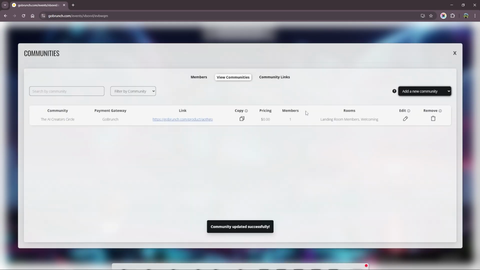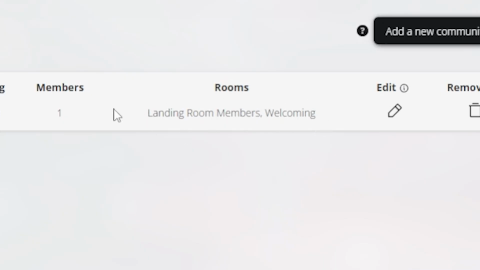And if you want to check how many rooms or what rooms you have inside your community, you can see it right here. Like you see, remember that we have just one room, that was the learning room for members? Well, right now, it will show the 2 rooms that we just added inside our community.